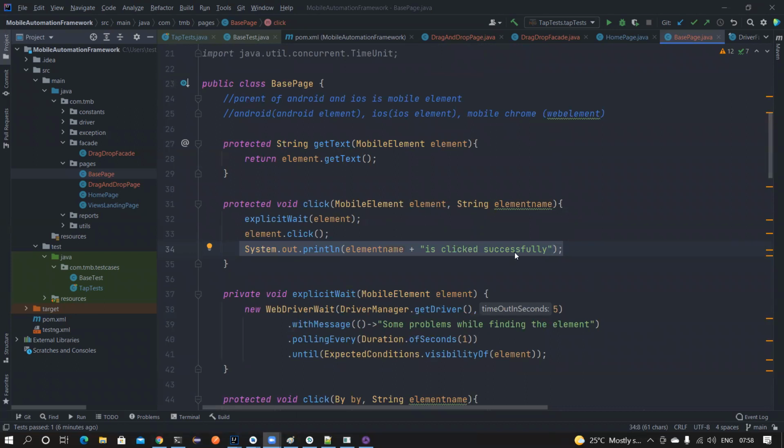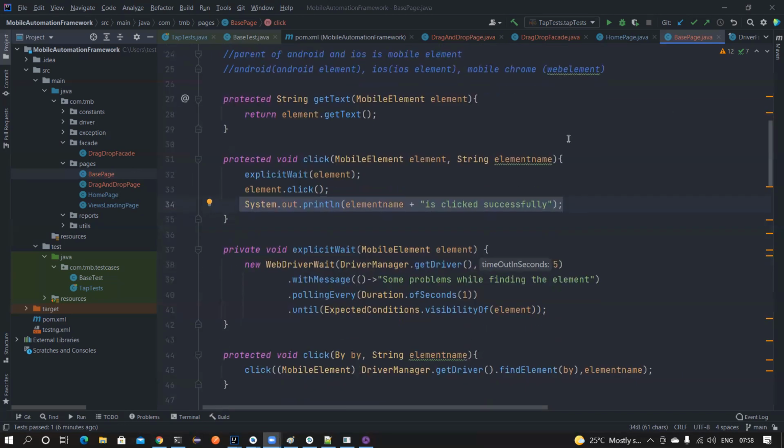Shiva, Amitan. Okay, Shiva. So we'll do that tomorrow. We have enough time to learn about the reports and how things work. Okay, we'll do that tomorrow, and then the day after tomorrow we'll speak about the data provider, how we can run the same test with